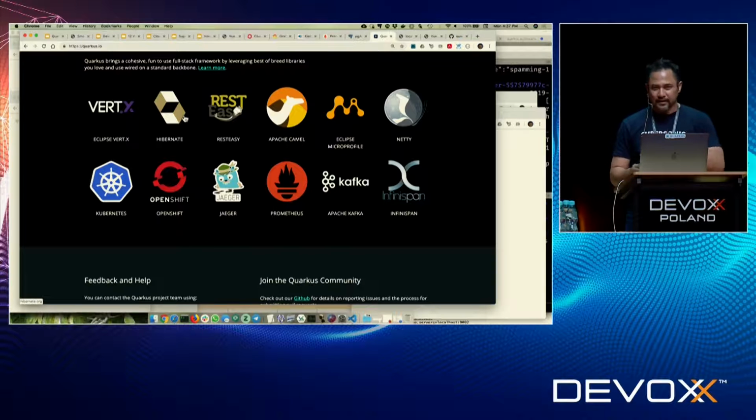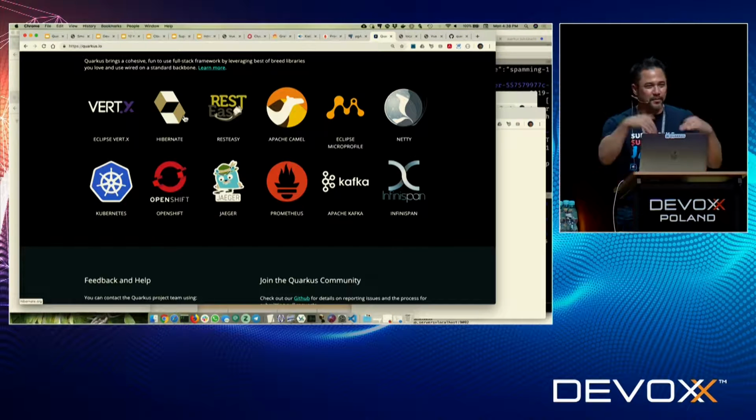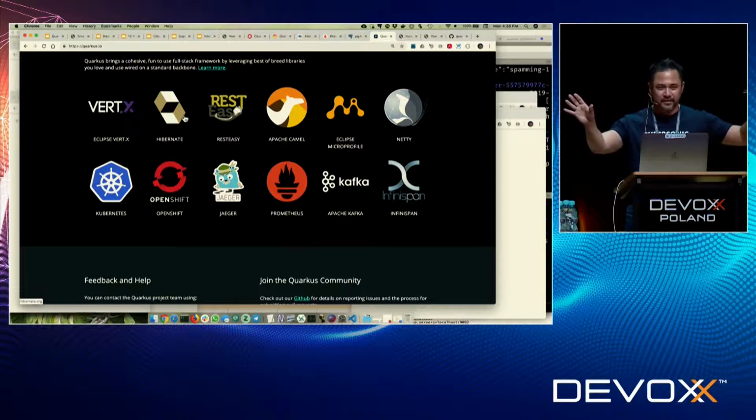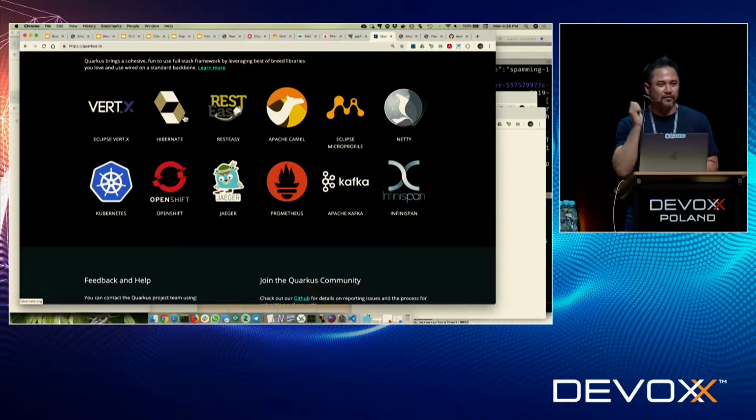What GraalVM is doing is dead code elimination. That's how it gets down to that native executable that's so small and fast. A simple way to think of that is, in the case of Hibernate, what if you're connecting to not Oracle? In other words, I'm connecting to Postgres like you saw me do here. Well, there are still 400 references to Oracle in the Hibernate code base that you're carrying along with you. But you don't need that. You don't need the Oracle object relational mapping if you're only talking to Postgres. Therefore, when you compile it down to native, all that gets eliminated as part of the process of GraalVM removing it. And now you have that much smaller, faster thing.